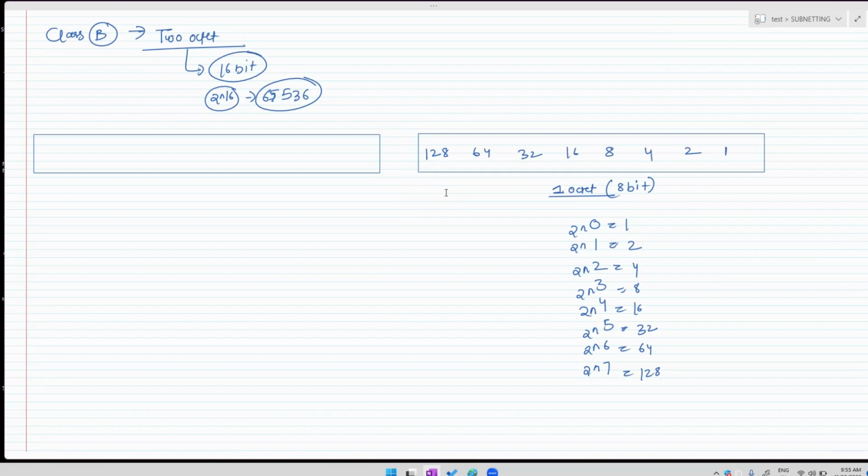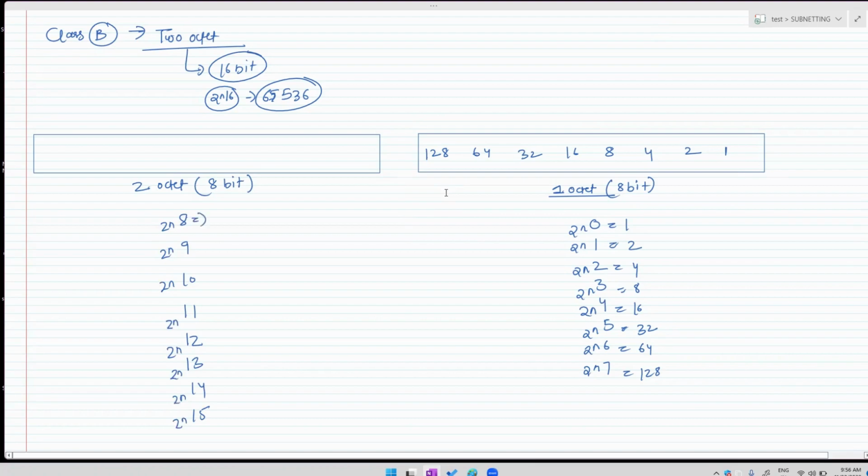Okay, one more octet is available because class B has 2 octets. In the second octet, how many bits are available again? 8 bits. But 0 to 7 is already used, so now we start from 8, 9, 10, 11, 12, 13, 14, and then 15: 2 power 8, 2 power 9, 2 power 10, 2 power 11, 12, 13, 14, and then 15. So 2 power 8 means 256, 2 power 9 means 512,